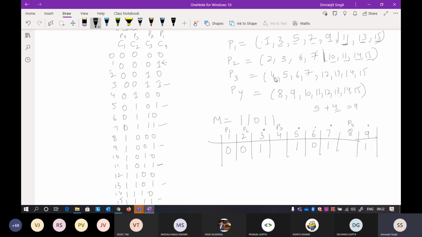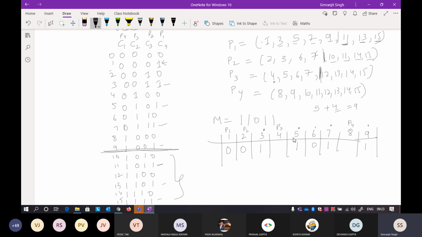In a similar way, check for P3. For 4, you can still go towards this position. After the 12th position there is nothing, because we are only calculating till 10. Okay, so that is why I've said you only have to take till this point. After that, nothing, because the 10 positions are already covered, so the remaining cases will not be used. Okay, so now check it.